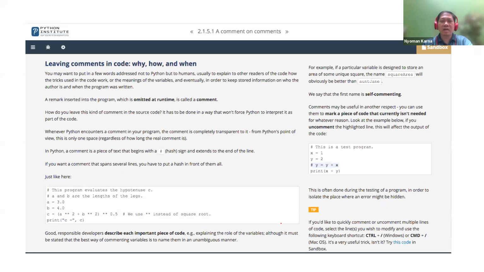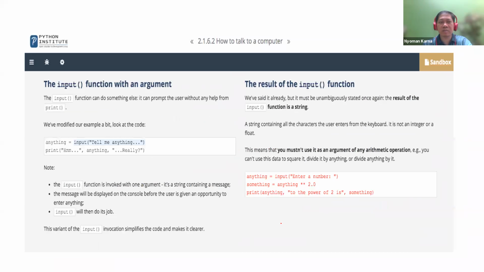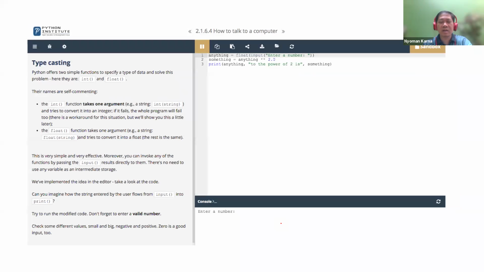Okay. Now, next. Input, we'll discuss about input. Now, casting. Casting is a type of function that will transform an input to become an output. What's the difference between input and output?